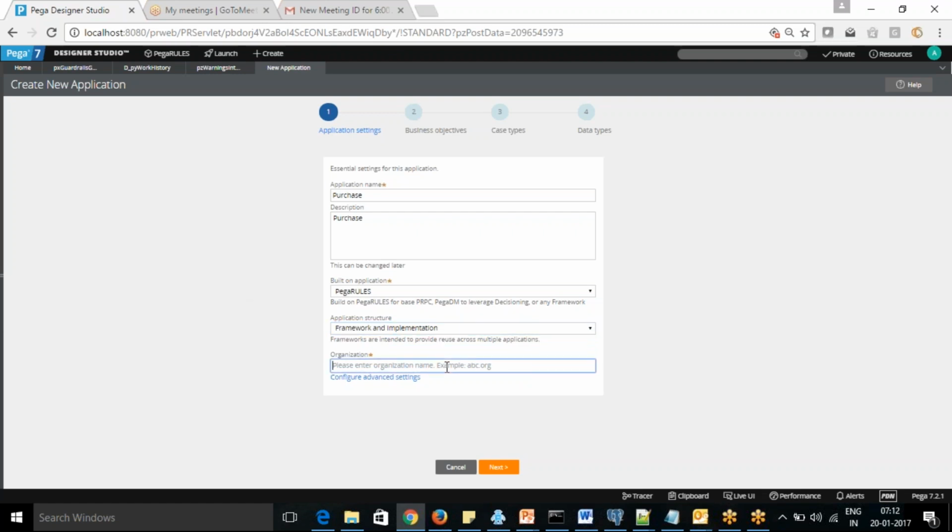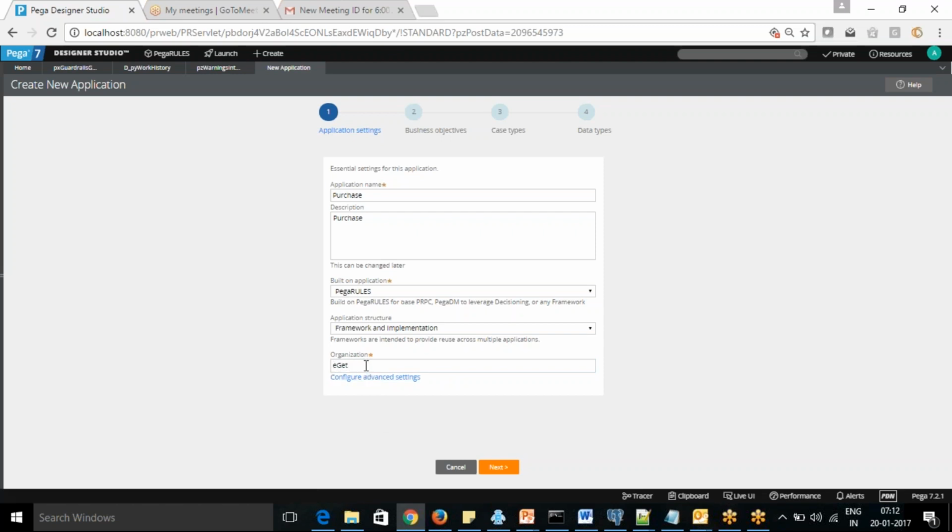Okay, and here we need to give our company name. So if you say we want the company name as eGate. Normally, it's good advice to give 4 characters in the organization name.